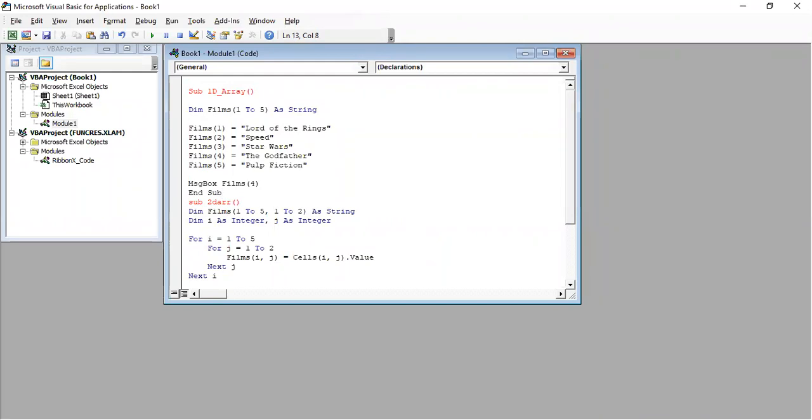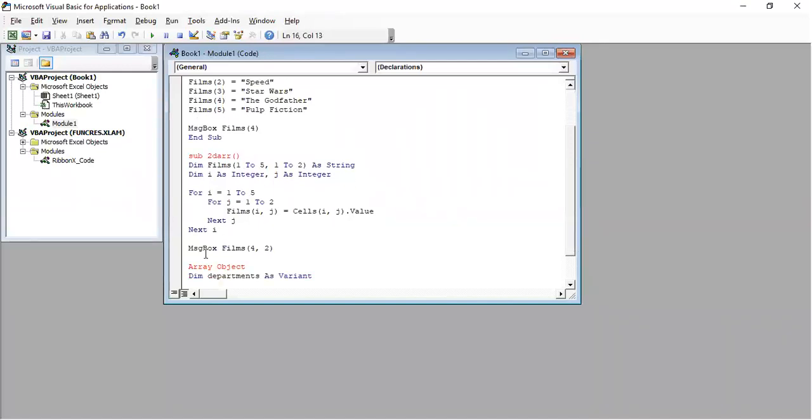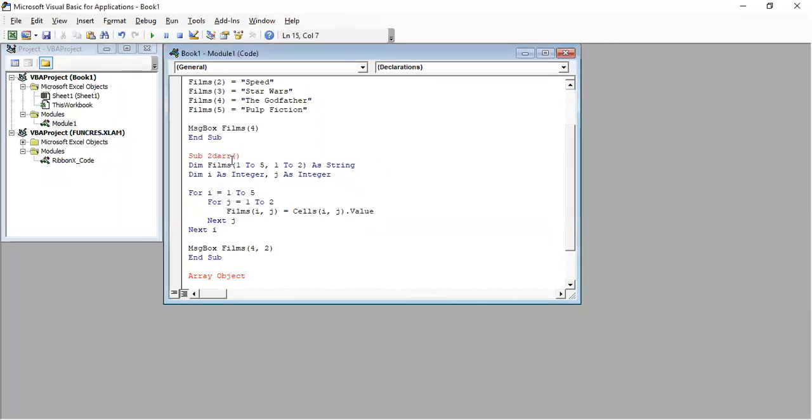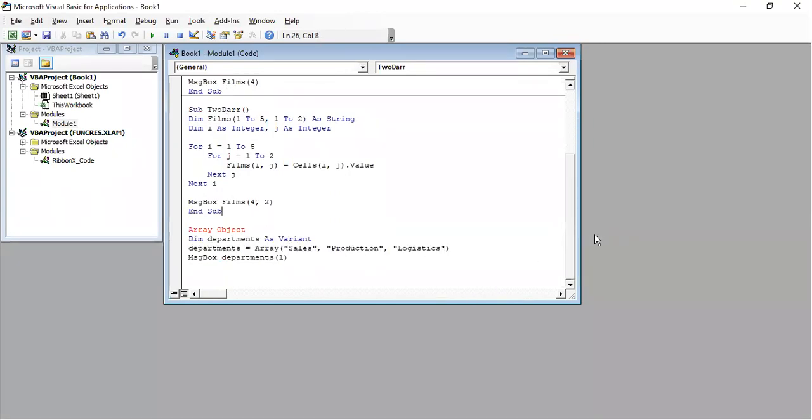What I did is I copied all that code from Word to this VBA, and I'm writing it into subroutines. I'm creating subroutines. Array object.